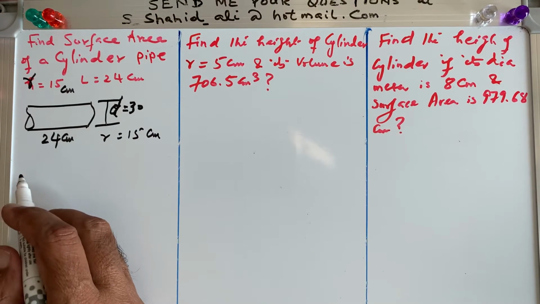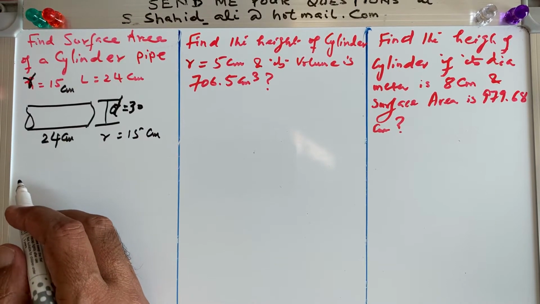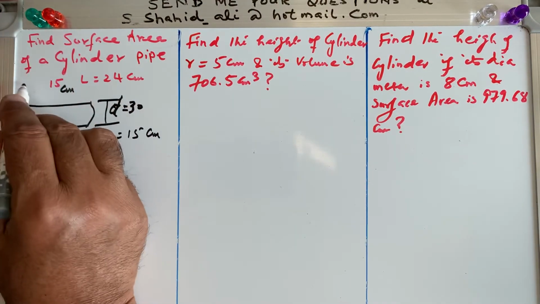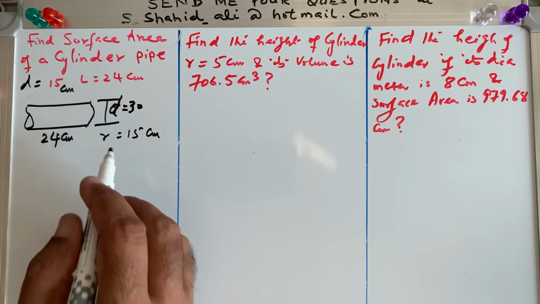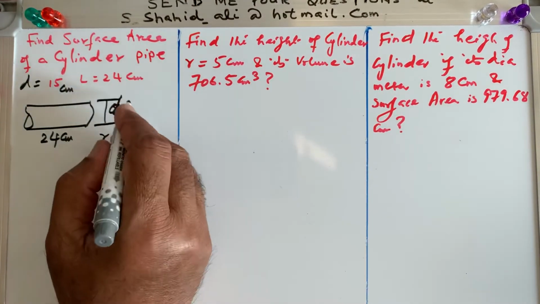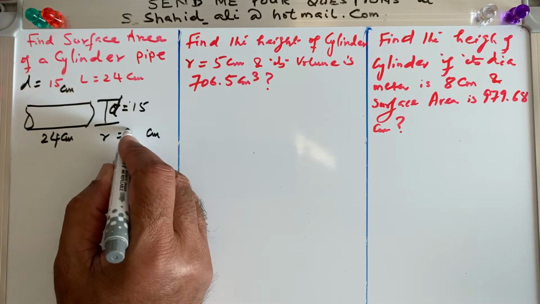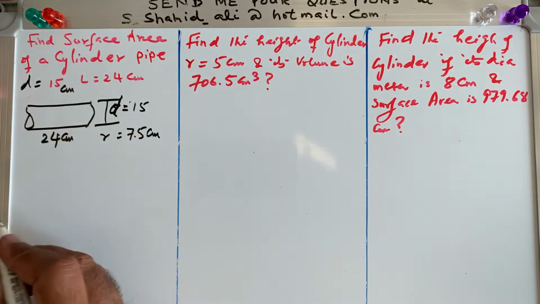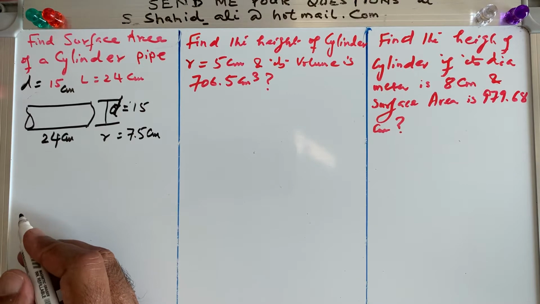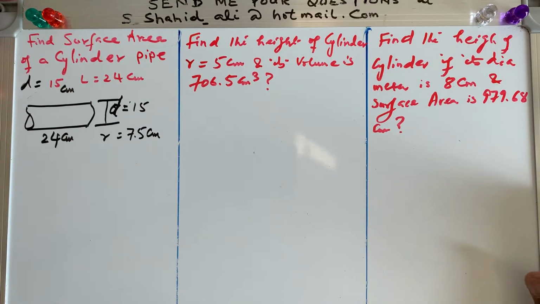We will be having, if its diameter is 15, this is diameter. So we can find out the radius. So diameter is 15. We can find out the radius, which is 7.5, right? So there is a pipe. Find the surface area of a cylinder pipe whose diameter is 15 cm and